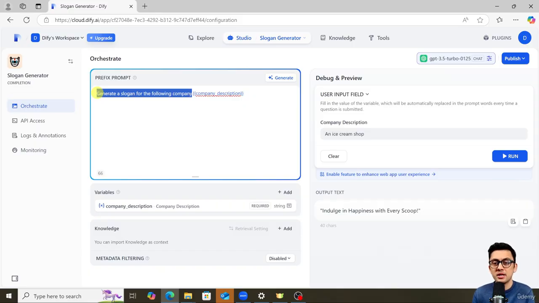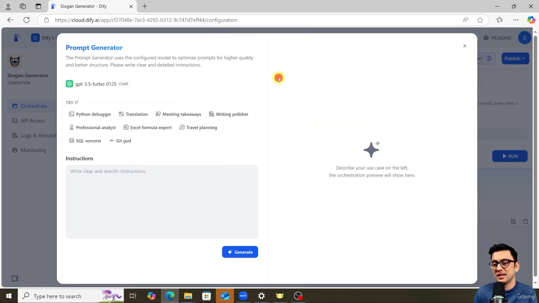And we could go on an exercise to maybe create a better prompt, like something like you are an AI system that does X, Y, and Z. But in our case, and in Dify's case, what's nice is you can actually generate a prompt, which sounds a bit weird, but what you can do over here is you can go over here and then type in your instructions. Okay, so I want to say